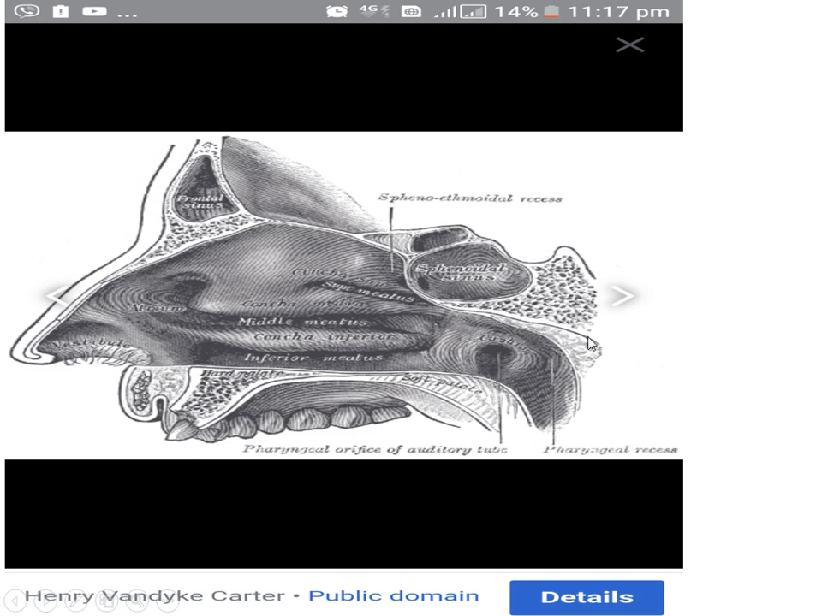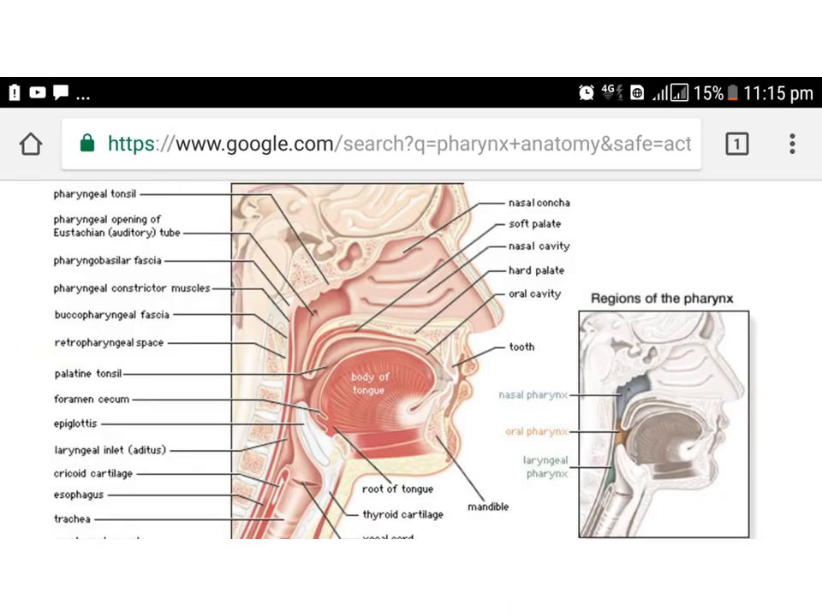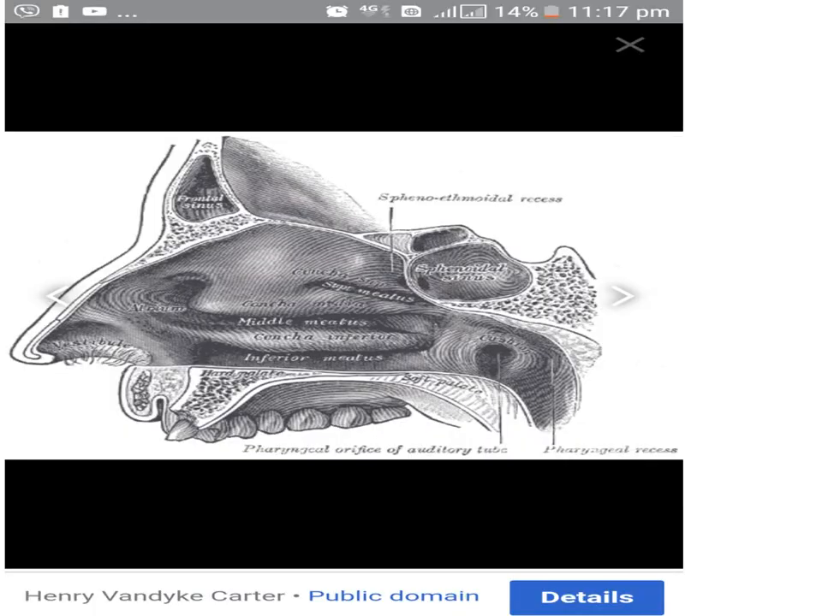It opens into the nasal cavity, and it has an opening in the lateral wall, which is the opening of the Eustachian tube. It has a thickening around the opening, which is called the torus tubarius. Where is the exact anatomical opening of the Eustachian tube? It opens in the lateral wall of the pharynx. They call it the fossa of